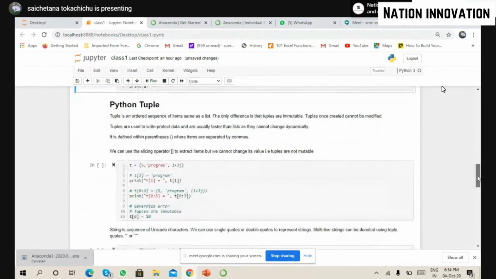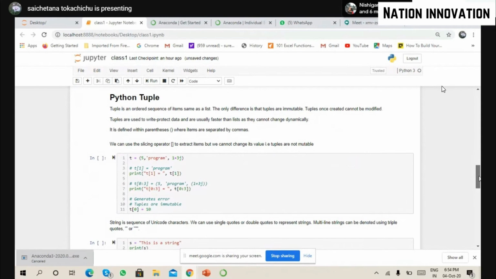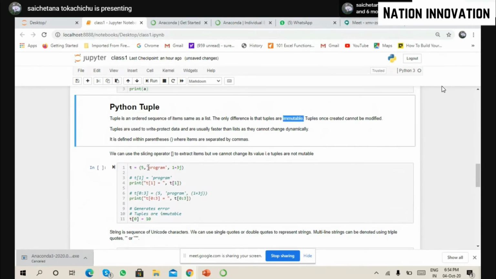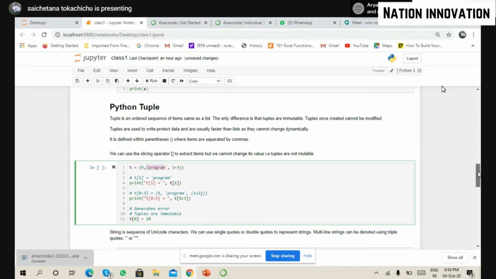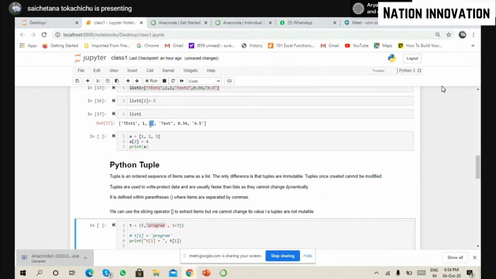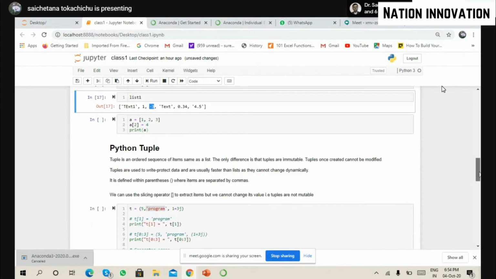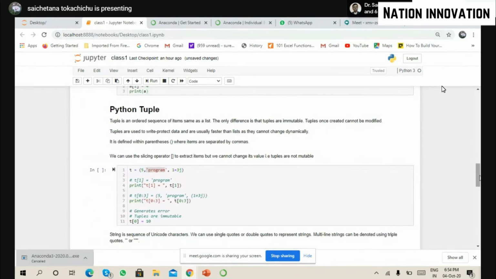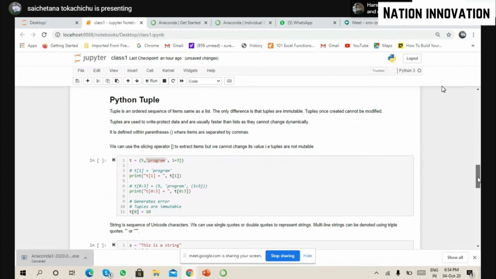Now, the next element is a tuple. What is a tuple? List and tuple are somewhat same. The only difference is where it can be differentiated is its ability to change. What do we mean by ability to change? Means the item, as we have seen in our list, we have changed this element to something else. But in a tuple, once defined, it cannot be changed whatsoever. It's fixed. So difference between list and a tuple, you can say tuple is a list which cannot be changed. Okay, that is what a tuple is.